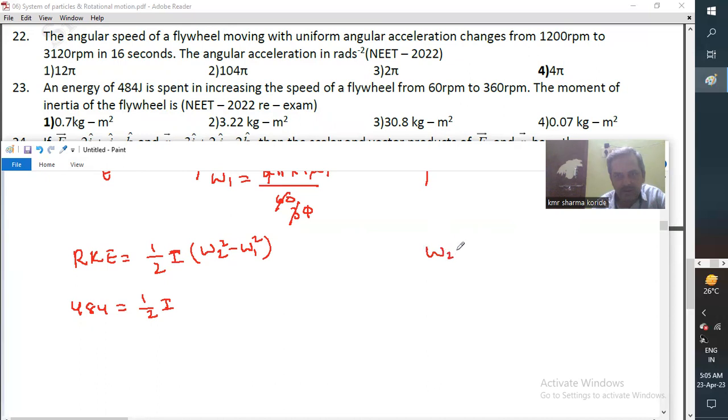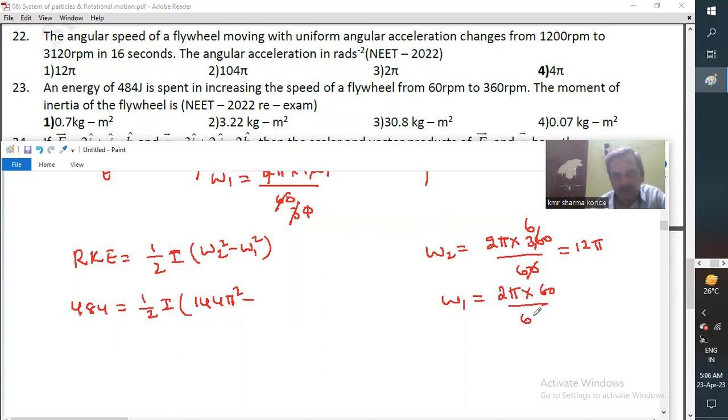The same process to get omega 2: 2 pi into the second case, 360 divided by 60. So this is 6 times, so it will be 12 pi. But in the formula we have omega square, so it is 144 pi square, minus omega 1. So 2 pi with 60 divided by 60, therefore it is 2 pi. So it is 4 pi square. Now 140 pi square